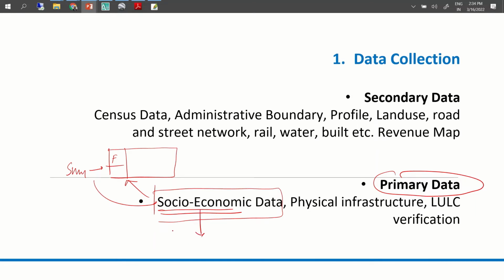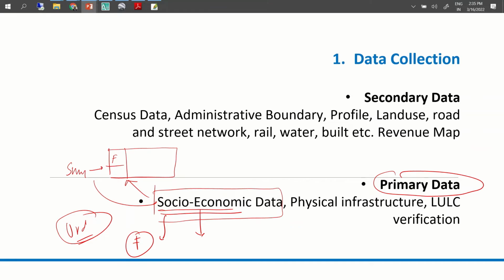In fact, if you look into the URDPFI guideline itself, it tells you many things about how to conduct the survey, what kind of survey, what questions to be asked, and how many samples are required. Everything is detailed out in the URDPFI guideline itself. We don't have to go here and there looking for information. For this I'll also show you one example, how to frame questions and how you can easily map it.